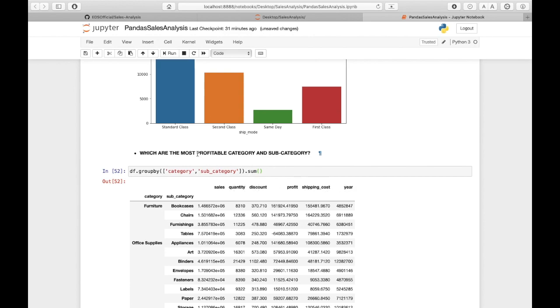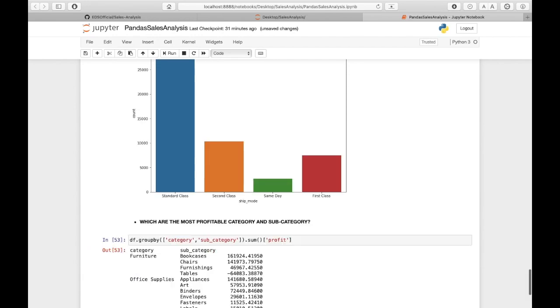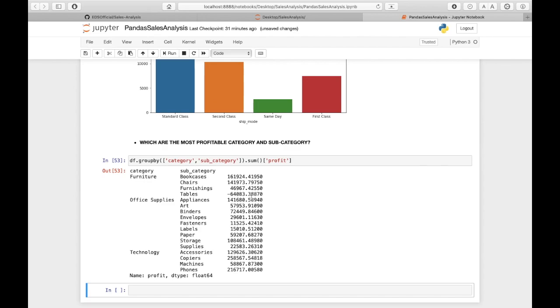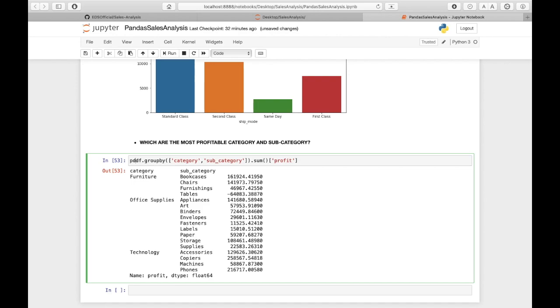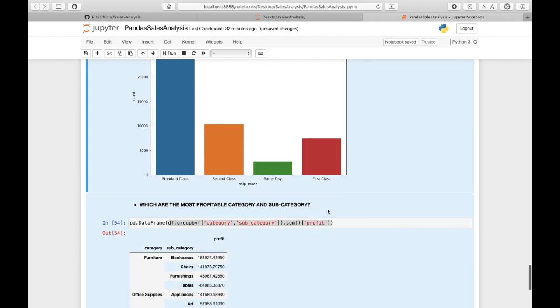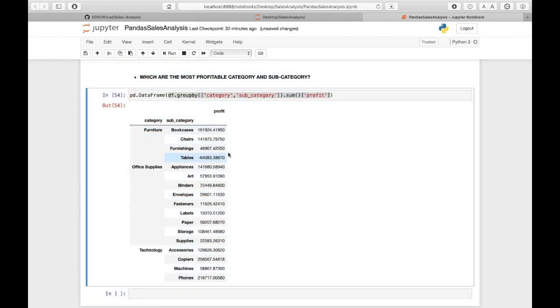But since we are looking for the most profitable, this time we'll take profit from here. So as you can see, profit. Reset. Let's convert it into a data frame with pd.DataFrame. So this is how it looks like. So we got the profit of each subcategory category wise. Let me put it in an object, cat profit,